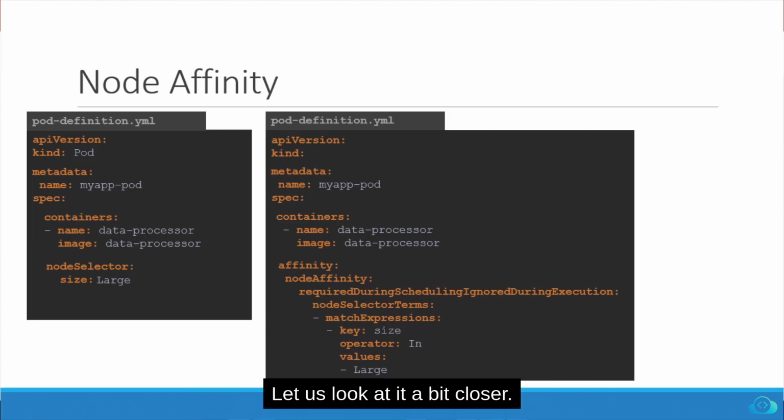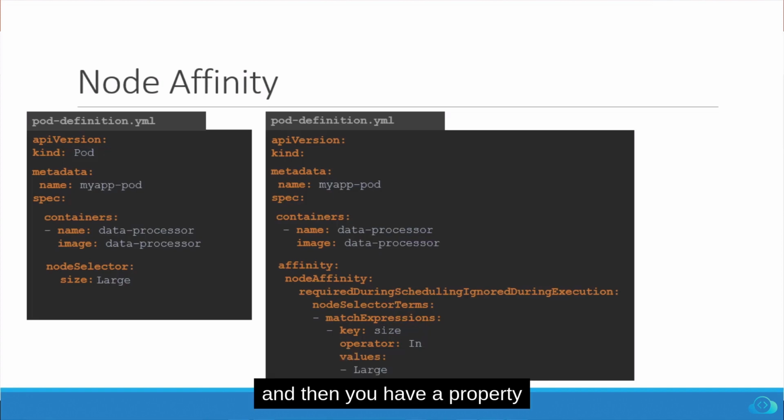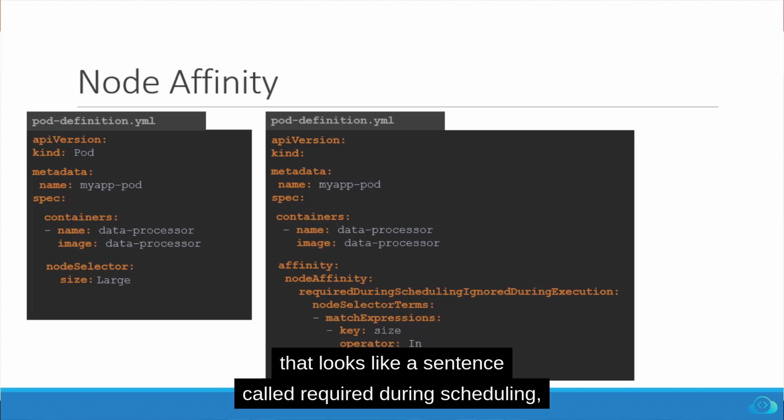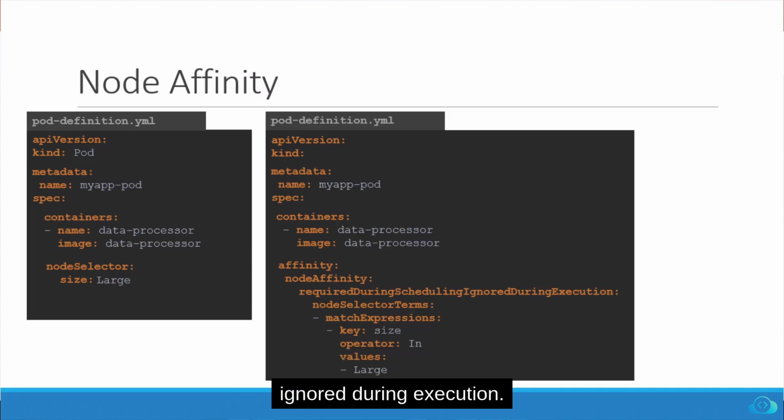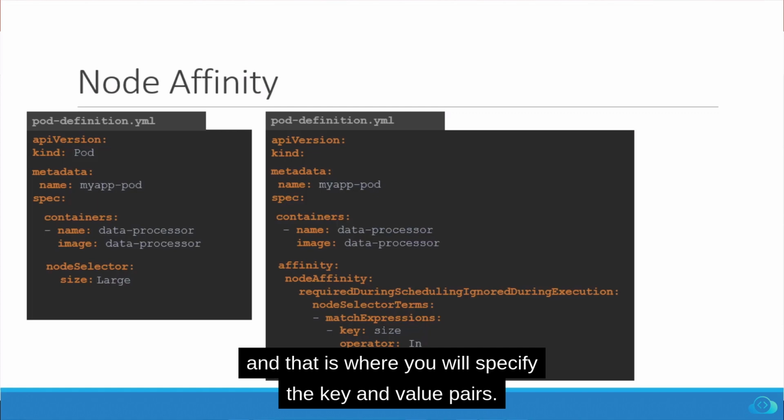Let us look at it a bit closer. Under spec, you have affinity and then node affinity under that. And then you have a property that looks like a sentence called required during scheduling, ignored during execution. No description needed for that. And then you have the node selector terms, that is an array, and that is where you will specify the